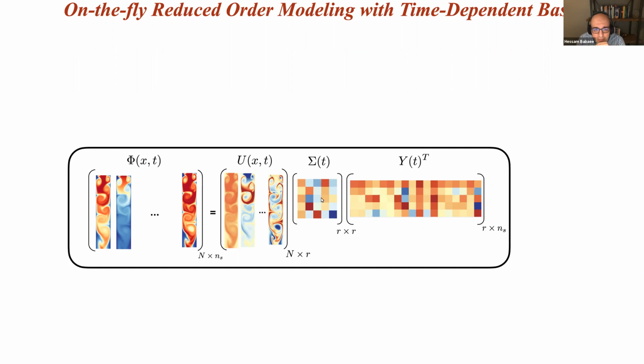Then you have this sigma matrix, and this is an SVD-like decomposition. I'll show you the connection to SVD, but this is an instantaneous SVD. This is the matrix of singular values. In SVD it would be diagonal, but this is actually a full matrix. And these are a set of orthonormal vectors. Each row of this matrix is an orthonormal vector in the composition space.